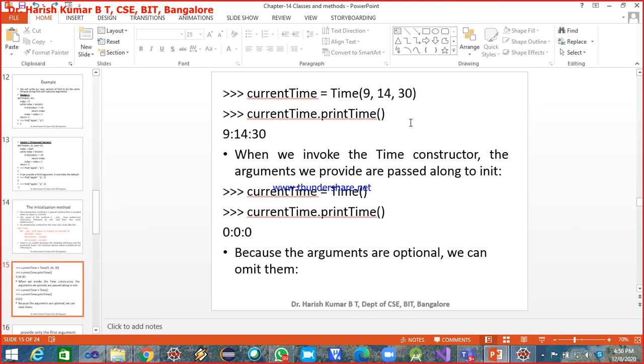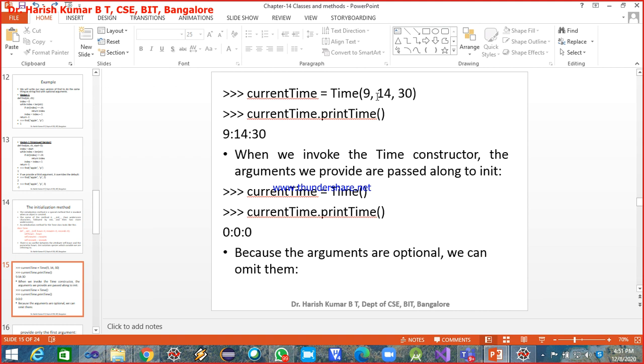Now all this time when we were creating an instance of the time class, we used to just write current time is equal to time, open bracket and close bracket, and we were not giving any arguments. So now we have given 3 arguments, you can see here. 9 hours, 14 minutes, 30 seconds.